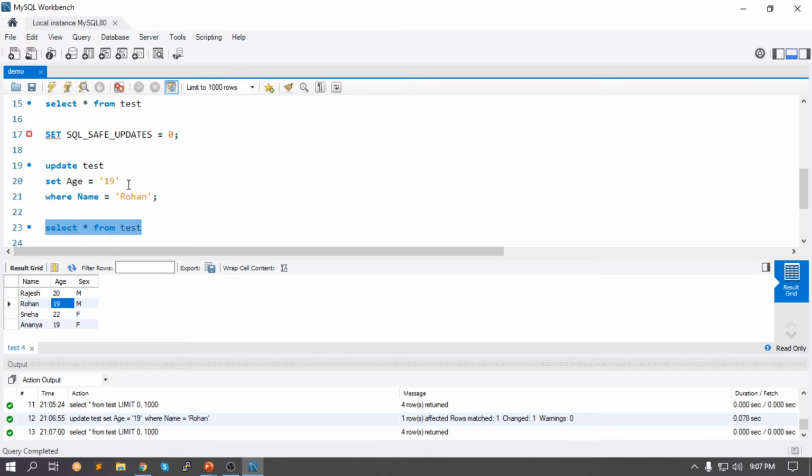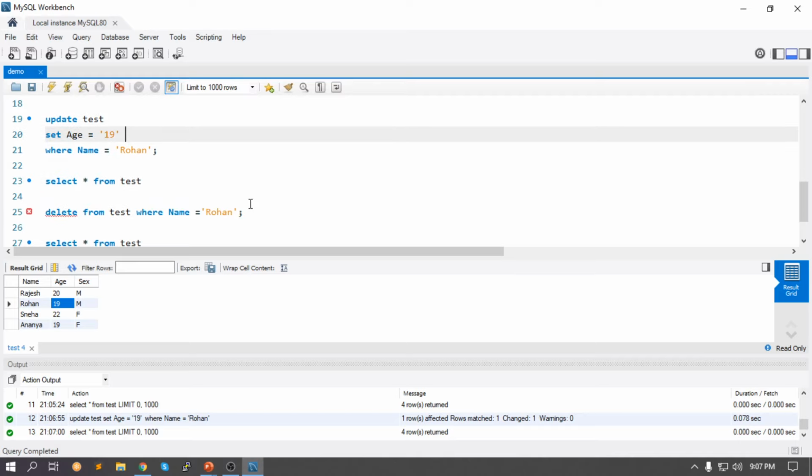So you can change all as well. You can change Rohan's name, you can change his sex if you want, and you can have a lot more. This is a very simple database example, guys. You can have a lot more columns, thousands of entries where you can run complex queries once you are trained to work with SQL as well, guys. So again, as I've said, my intention here is to just show you the basics and make you guys clear with the fundamentals of the CRUD operations.